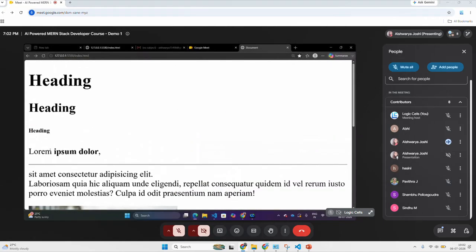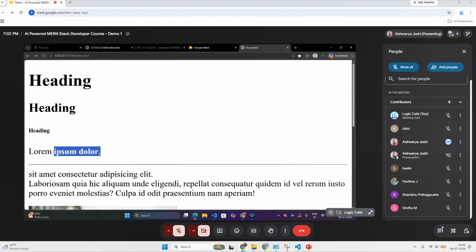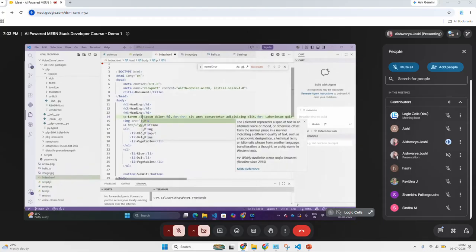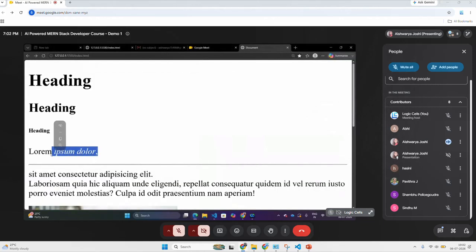So I'll just add it inside the bold B tag. B opening and closing tag is nothing but the bold tag, and whatever text you want to add, you can add inside the bold tag. You can see here it is highlighted, I mean, it is bold. Similarly, you can make it italics as well. Italics is nothing but the I tag, I opening and closing. So it will change it to italics. Just add B tag and inside this add the text. Add I tag, inside that add the text.